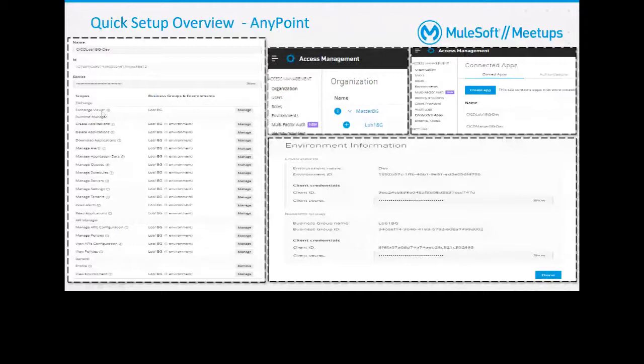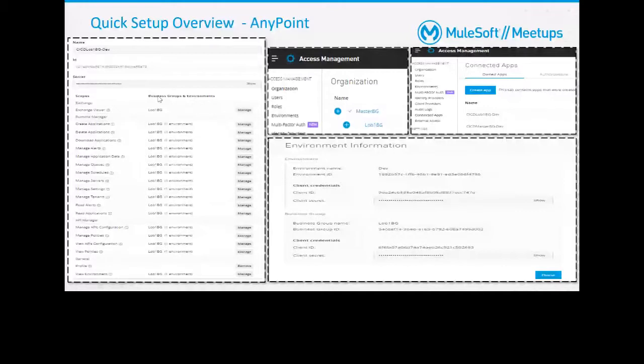For the API Manager part, you need to give manage API configuration, manage policy, view API configurations, and view policy related access as well. And again, this is very important, view environments. As of now, if you are noticing, I'm just associating a LOB1 related user. For prod or for upper environments, you can have a separate connected app which will only hold those particular permissions. And this is how you can restrict the access.